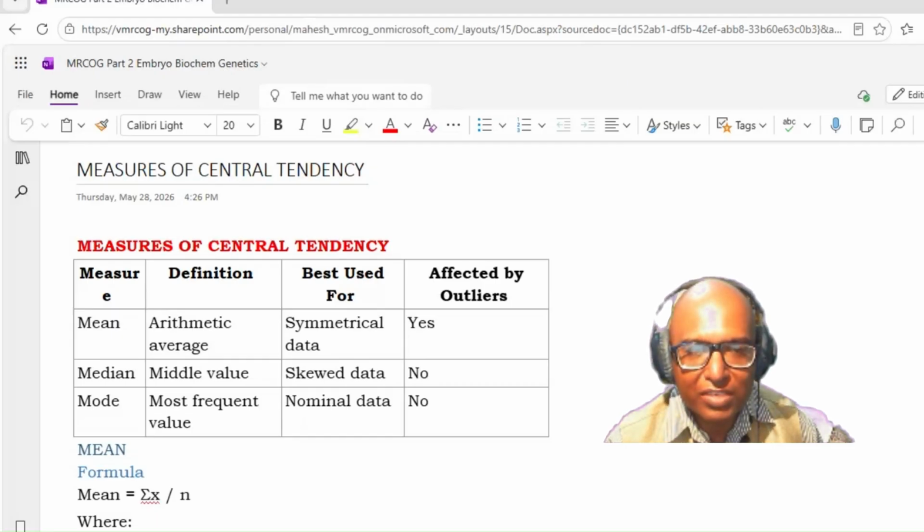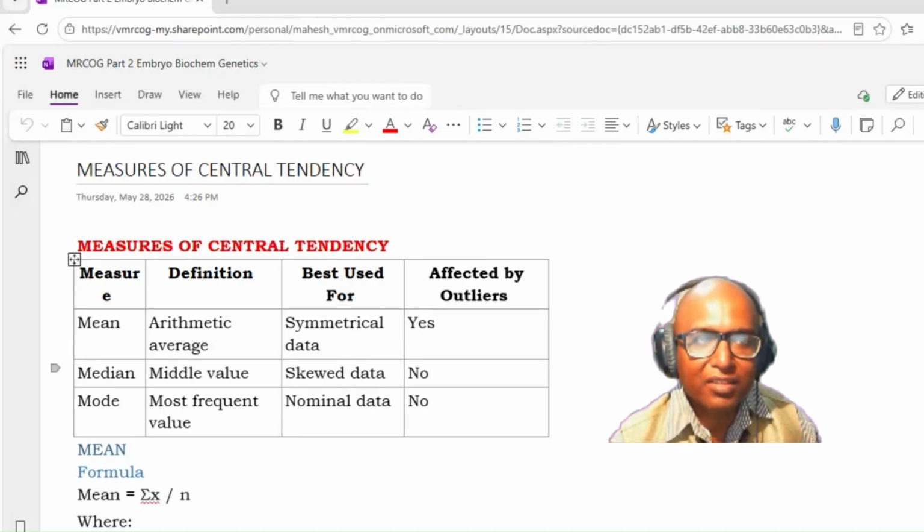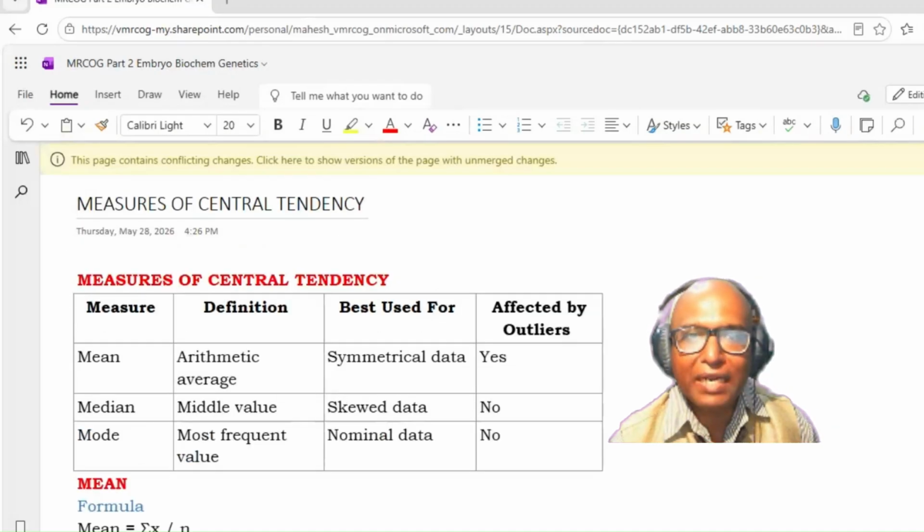So what are the measures of central tendency? They are mean, mode, and median. Okay, so we will talk today about the mean, the median, and the mode. There are various types of mean that we will also see, but most commonly what is expected in the examination is the arithmetic mean. Okay, so